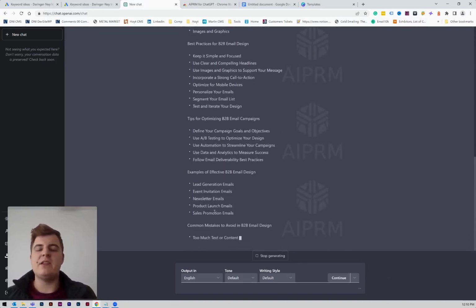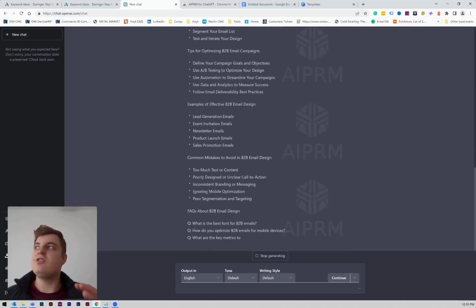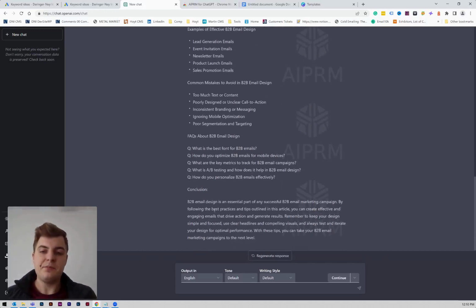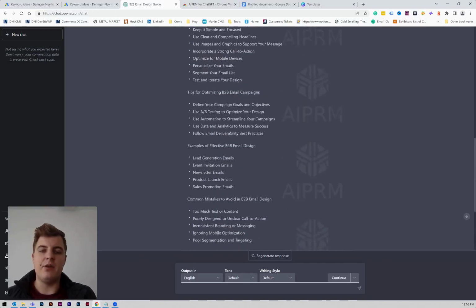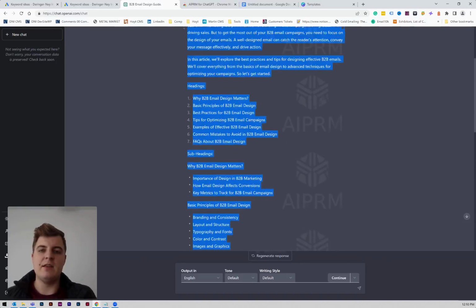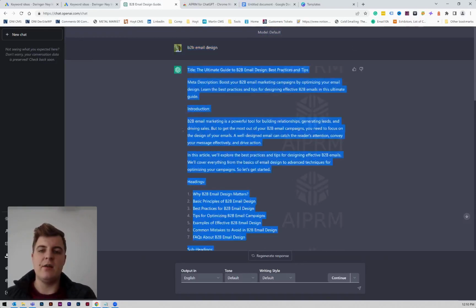And if it ever runs out of steam, if you're not familiar with it, ChatGPT can only write a certain amount of words. So if it's running out of steam, and it's actually this specific one, it basically writes your outline for the whole entire article. So what you can do is copy and paste this into the next thing and just say,